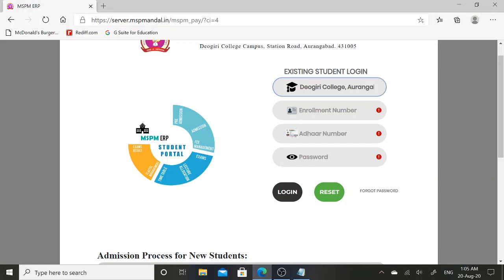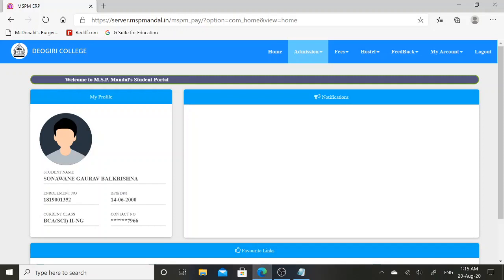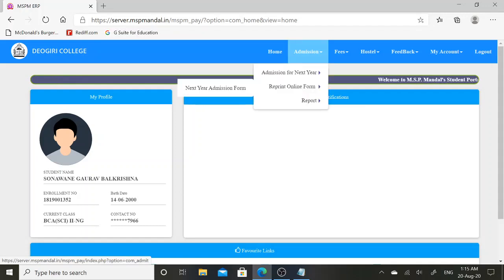Then I will be redirected to my profile page. This is the profile page. Here I will click on the admission link. Then there is another link, admission for next year.